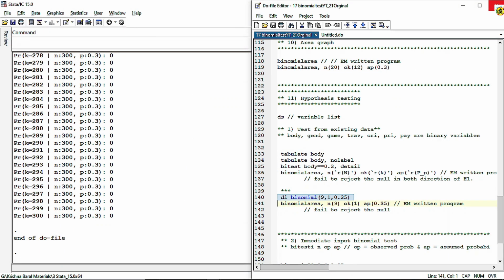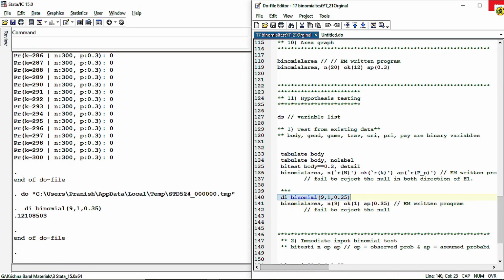Let us see another example. Display binomial. So what is the value of it? It's 12.18, and only one success out of 9 trials. So it's 12% of the time. Now let us check the